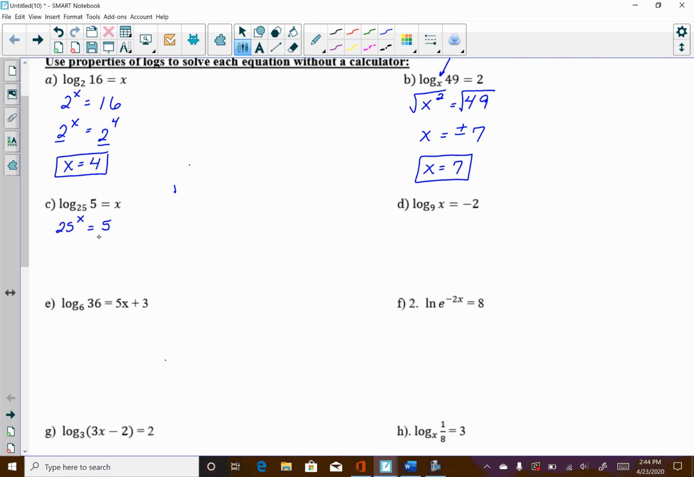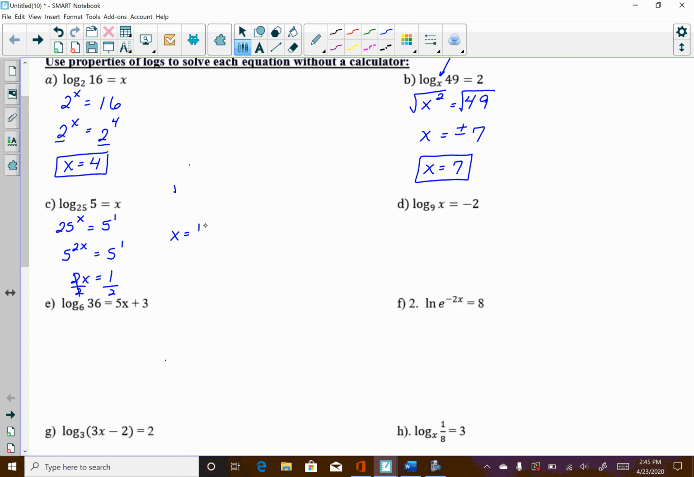I'm going to try to get both of these to have the same base, so I've got 5 to the first power on the right-hand side. I could rewrite 25 as 5 to the second power, so I would have 5 to the 2x equals 5 to the first. Same base, drop them, and then I would have 2x equals 1, divide by 2, so x